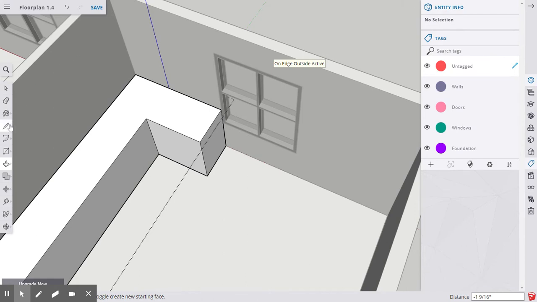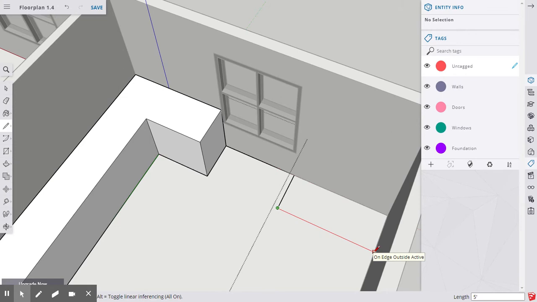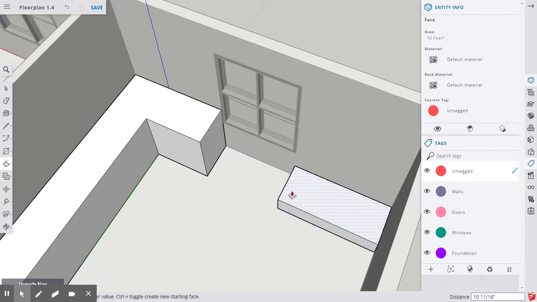And then I'm going to click, kind of find that line, bring it down. I want to come out on the green axis 24 inches or 2 feet. Same thing. Bring it all the way out on the red axis to this point, all the way back, and completing it. So once you see that surface, I'm going to bring it up to 36 inches, or you